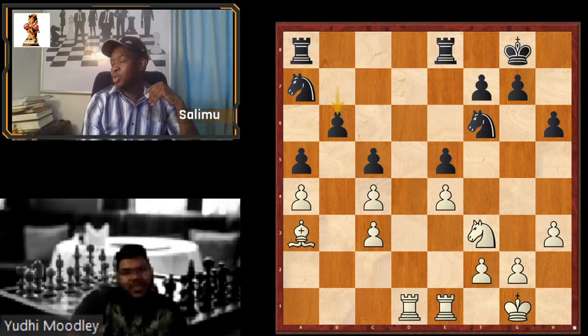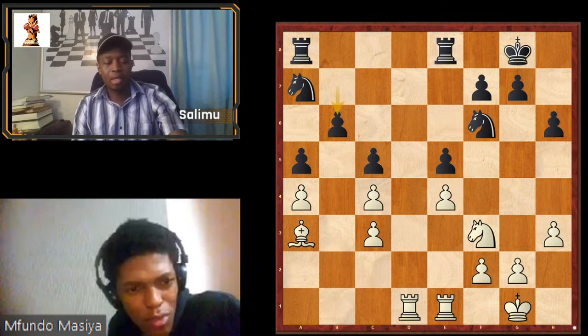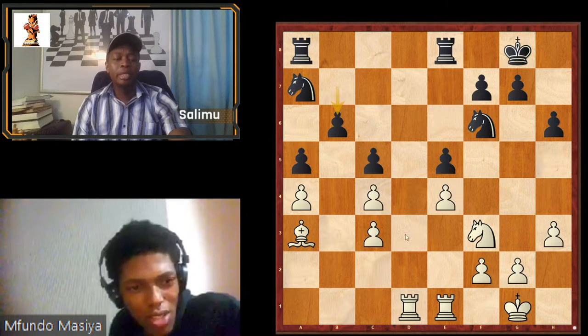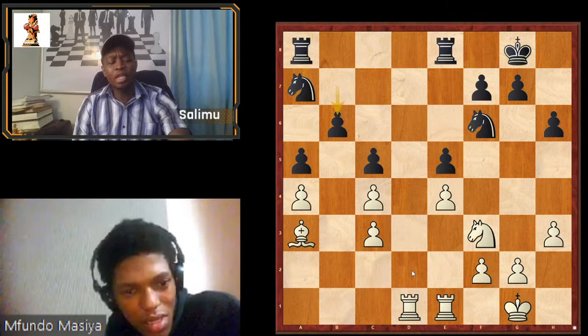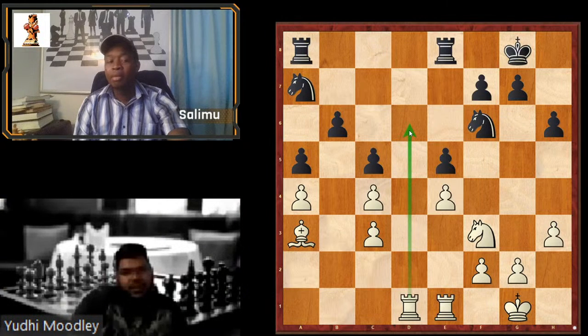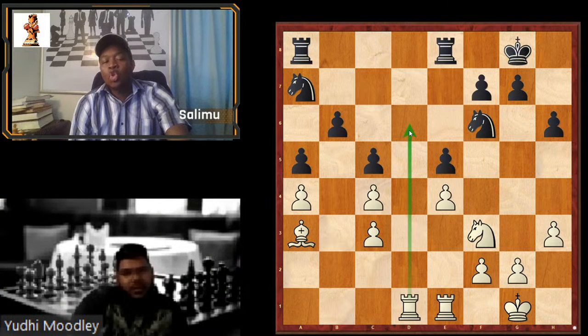Rook d6, you said. I mean, yeah, rook d6 looks like the most obvious move. I'd have to calculate the ramifications of knight c8 or something like that. It's not even about calculation. It's about importance. Yeah, activation of the piece, right? So rook d6 looks normal, but rook d6